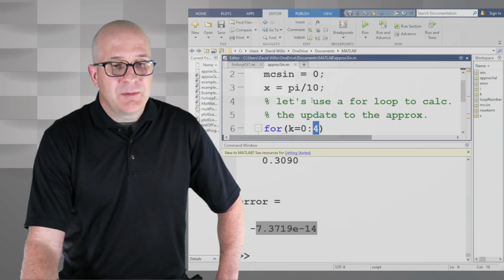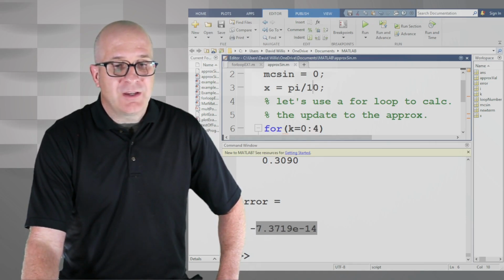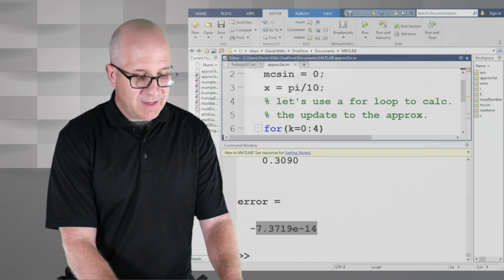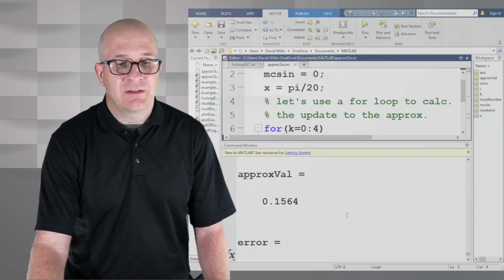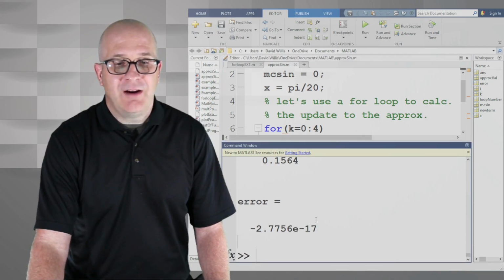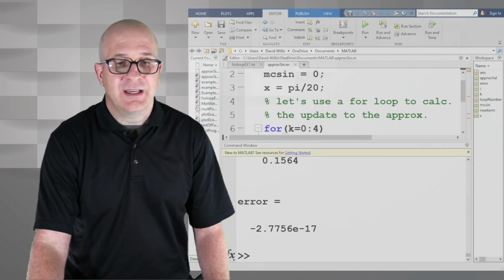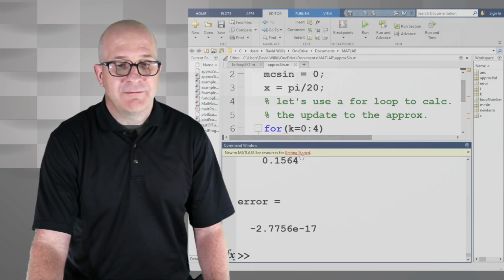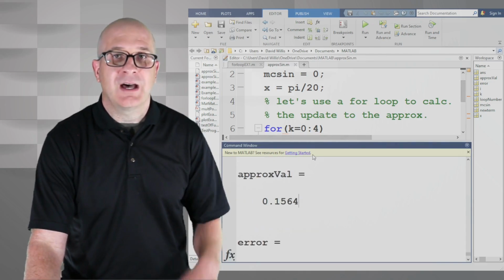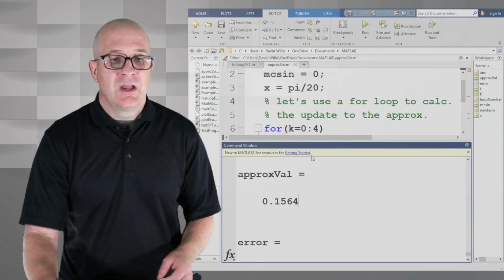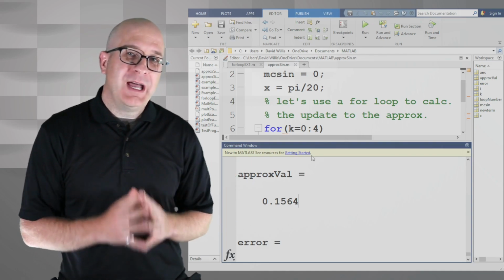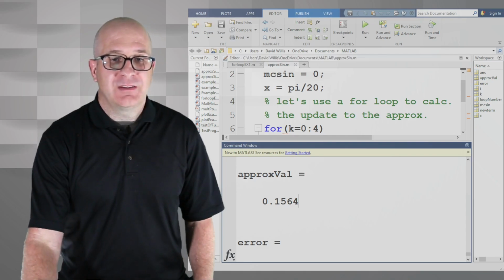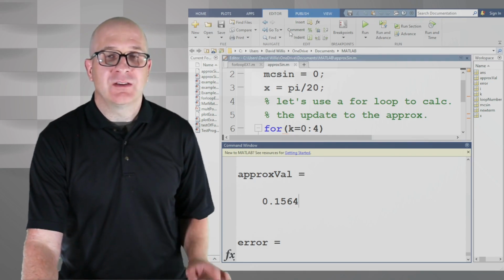The other thing we might want to do is change the value of x. So let's do pi over 20 here and see if that has any impact. Well, we still get a very low error. It changes the value right there, right? So that value for the approx value of sine of x has changed. So in changing these small things, we might actually think that it might be better to do this using a